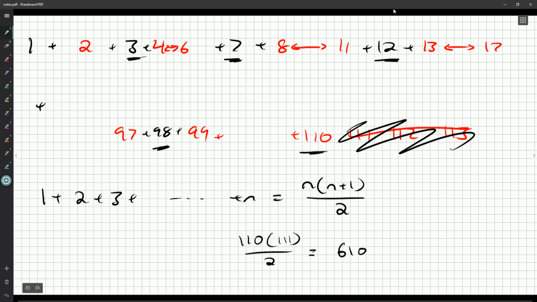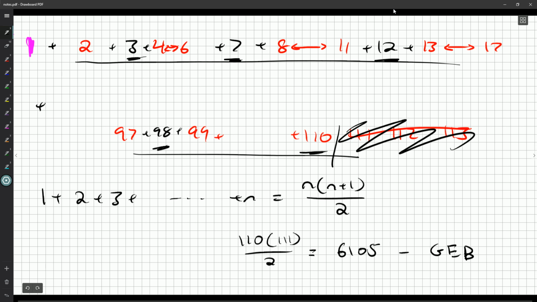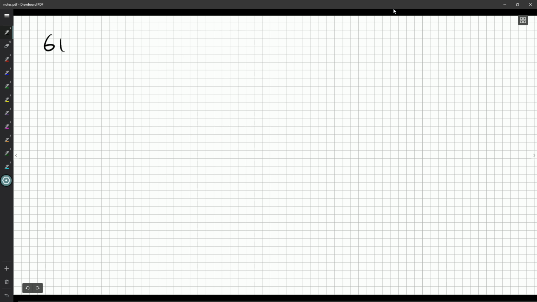So that's 6105, but now I need to remove the GEB sequence other than the number 1 that's kind of special, so we'll put it in pink. So 1 plus 98 other numbers, and we've got 98 of them other than these GEB sequence terms. So there should be 12 of them up to 98. So now we take the 6105 that we just worked out, get rid of 98,